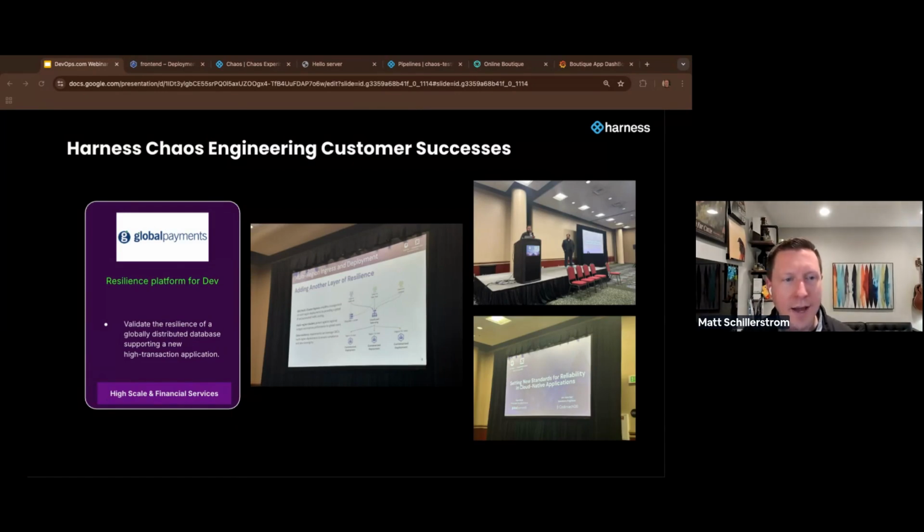So yeah, and some other use cases I like to talk about too. At KubeCon in Salt Lake City this past November, Global Payments was talking about implementing this awesome globally distributed database. Right there, they're installing and putting out the system so they can handle high transactions. But what I loved about the story they were talking about is how do they protect this investment?